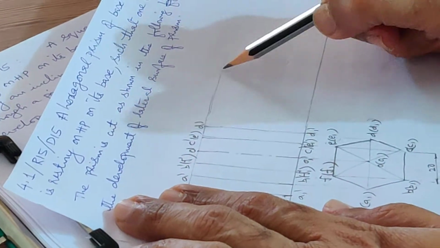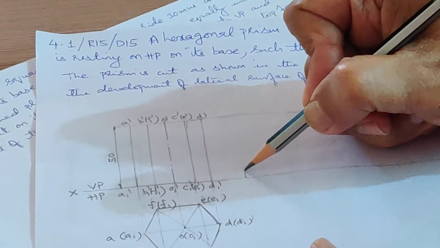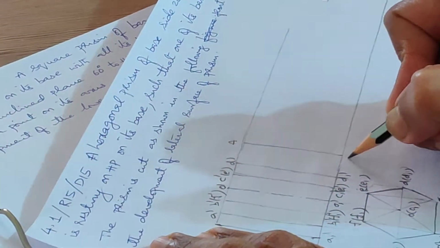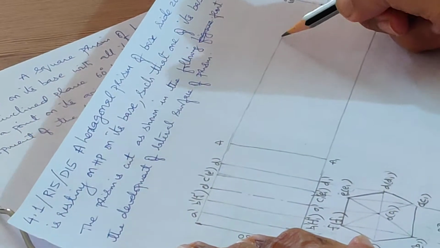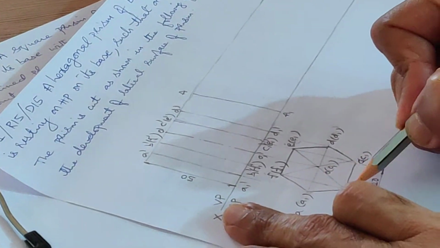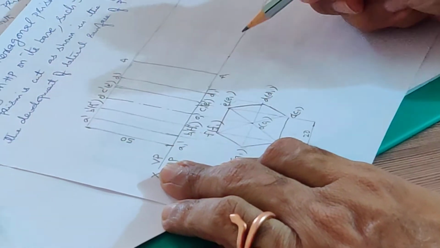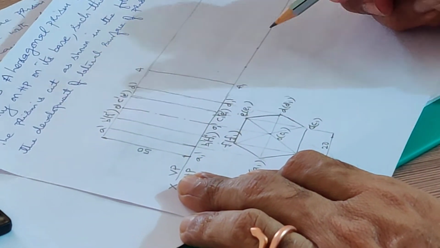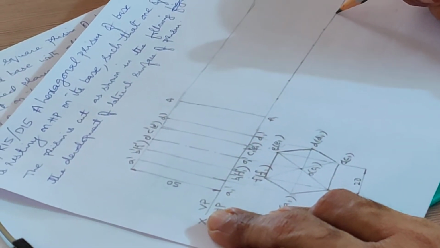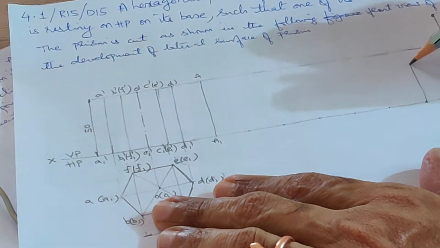Just extend these lines like this. Now you start with one of the longer edges which is there on the extreme left. I call it as AA1. Now you know the base edge from AA1 to BB1, it is 20 mm. So mark 20 here. Like that, again from BB1 to CC1, another 20. 20, 40, 60, 80, 100, 120. Because you require 6 faces. So here you can close.